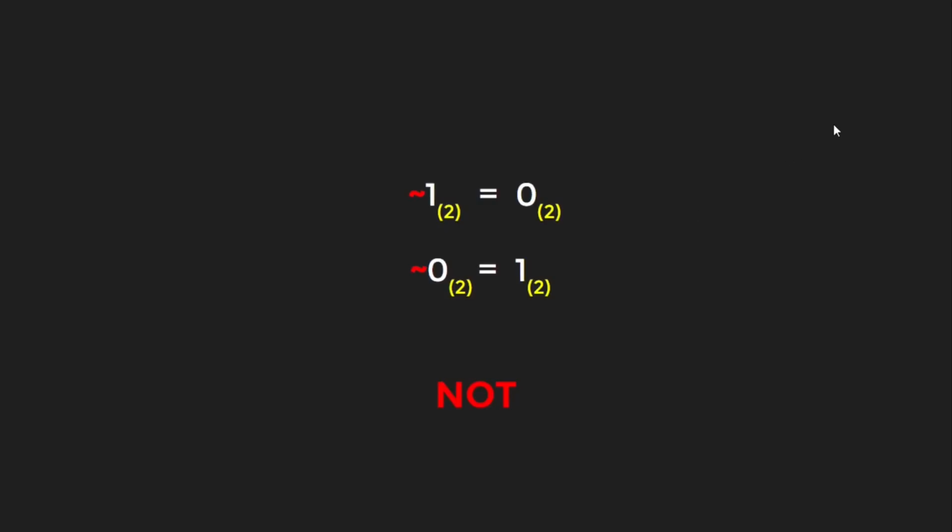Okay, so what you can see in front of you is the binary NOT operation. You see here 2, which means base 2 or binary, and NOT in C or C++ we can write with the tilde symbol. So tilde of 1, or not 1, is 0 in binary, and not 0 is 1 in binary. Very simple stuff. So